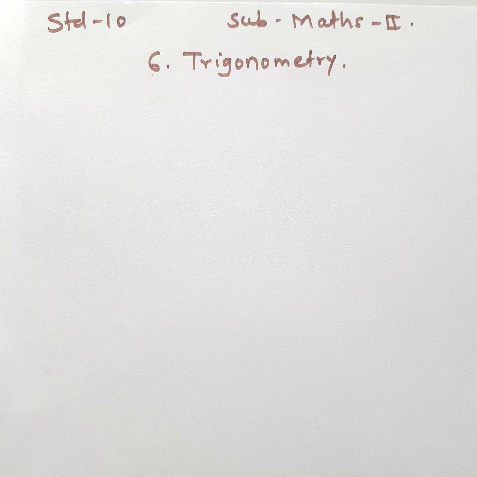Hello students, in the last lecture we have seen some examples from practice sheet 6.1 of the trigonometry chapter. If one trigonometric ratio is given, then we can find the other trigonometric ratios by using trigonometric identities and also by using the Pythagoras theorem. We have also seen some examples of the prove-that type, where left hand side is equal to right hand side is to be proved.